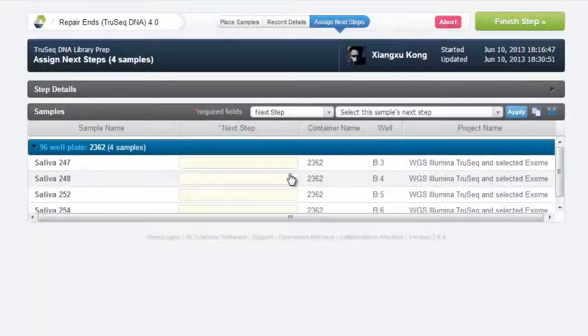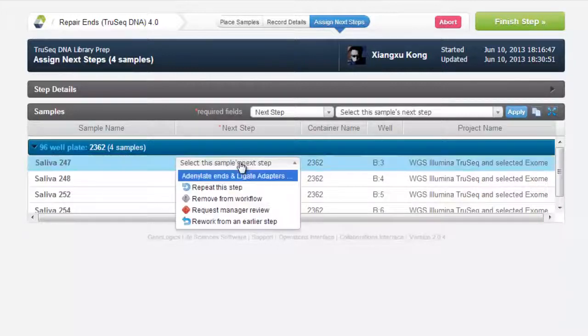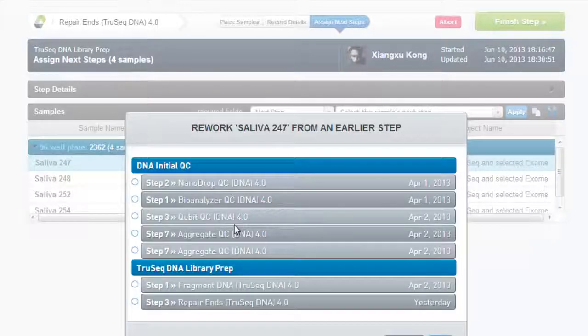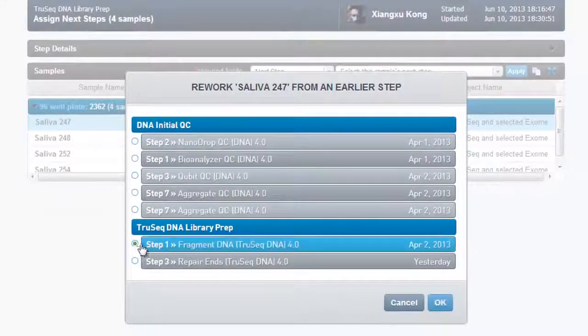The other scenario will be for Lab Manager to directly rework sample to an earlier step on the Assign Next Steps page. Again, this will only be available when the login person is a Lab Manager or System Administrator. From this list, I can choose rework from an earlier step for individual samples, and once again LIMS will know what steps the sample has gone through and let you choose a step that has already happened for that particular sample. In this case, I would choose fragment DNA,